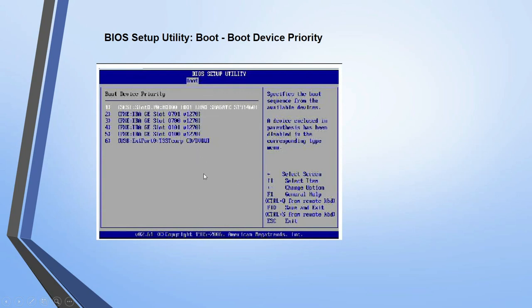After that, you have to press the escape key if you don't want to save and just want to exit, or press the F10 key, where the save and exit option is there. So you can press it after changing all the setup. If you want to save, press the F10 key for save and exit, and if you don't need the saving option, then press the escape key for exit only.